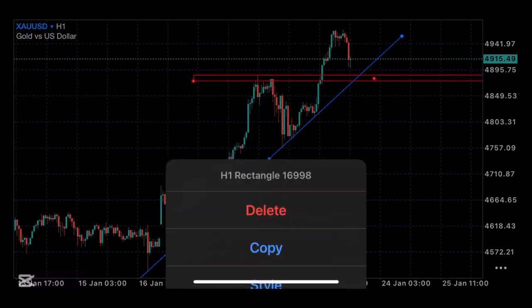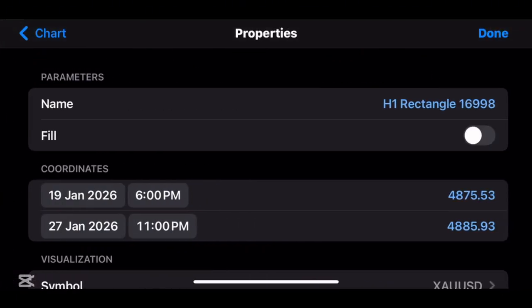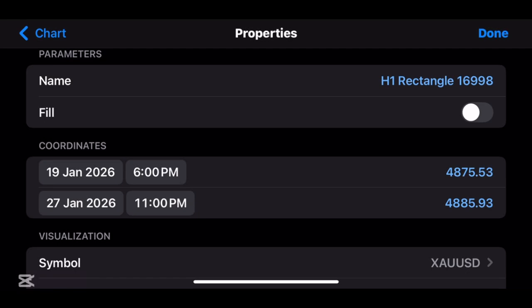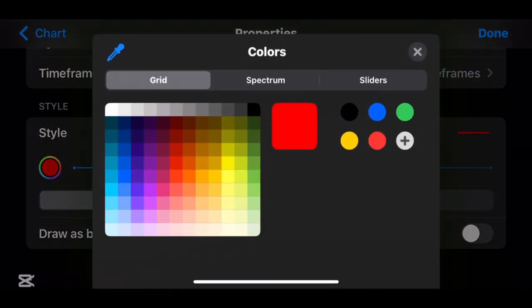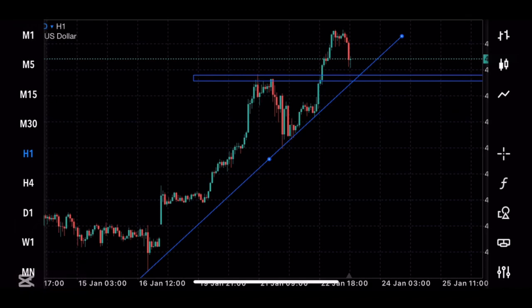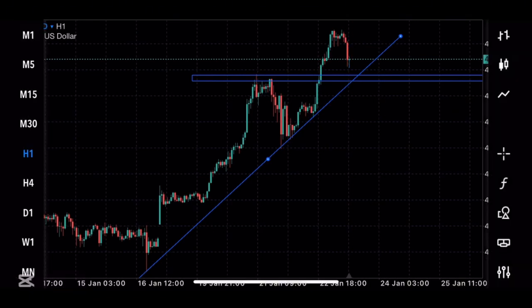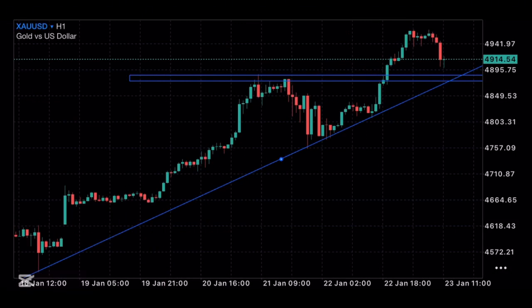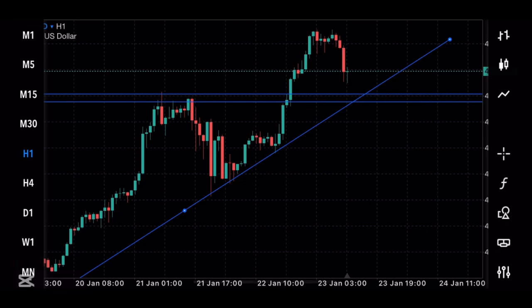Then for this, you can click on it again, click on properties, then you edit it to any color that you want. You get the same process. Click on done, and then here you have it. And you have other stuff like here above, you see it. You can change this bar chart to